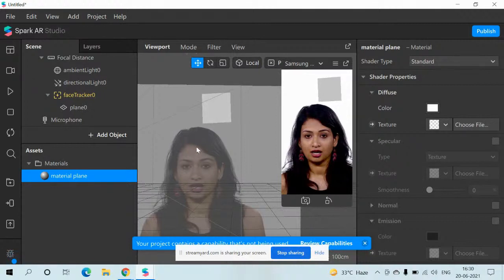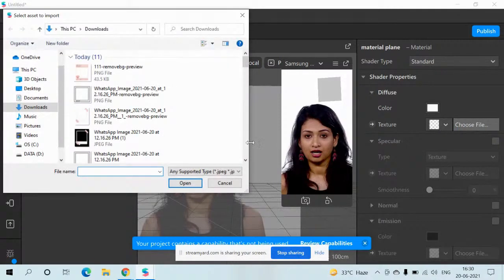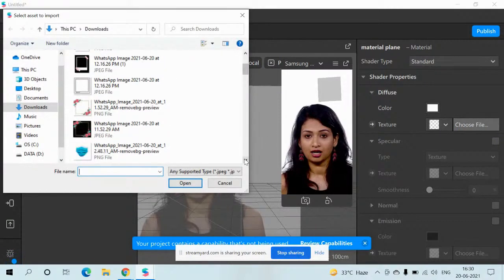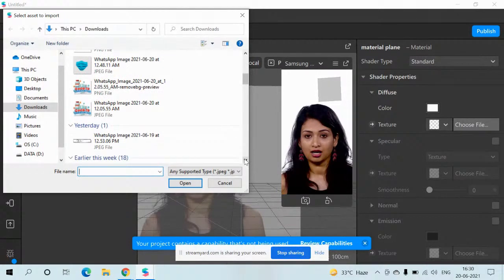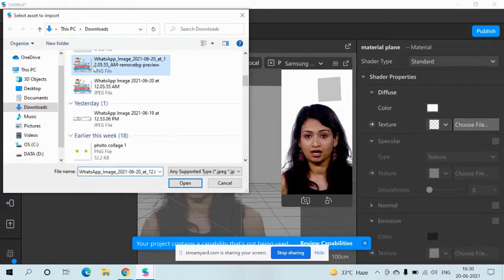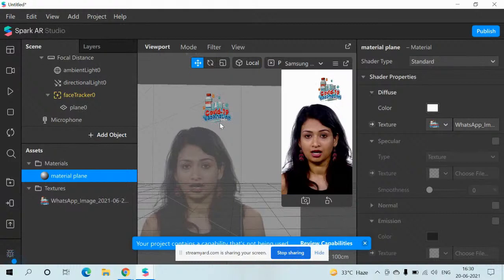But at this point of time, I'm not trying to change the color of this plane. I just want to add some image to it that I've pre-downloaded. So for that, I'll just head to inspector panel after selecting plane material here and go to this option textures and choose a file. So I have downloaded many files here, but the one which I want to add is this. So you can see I've added this sticker that says COVID-19 vaccination